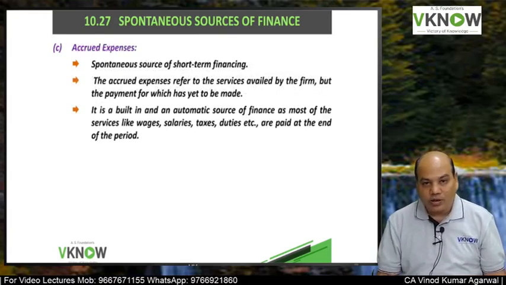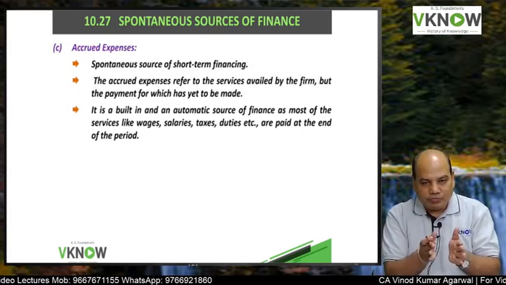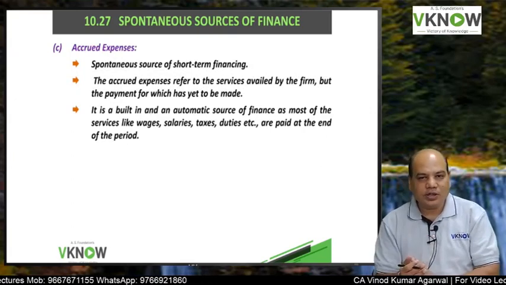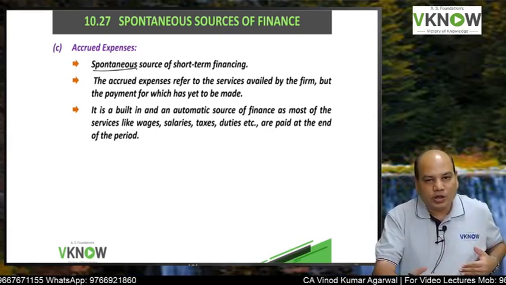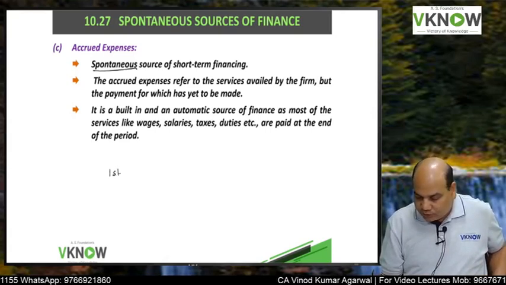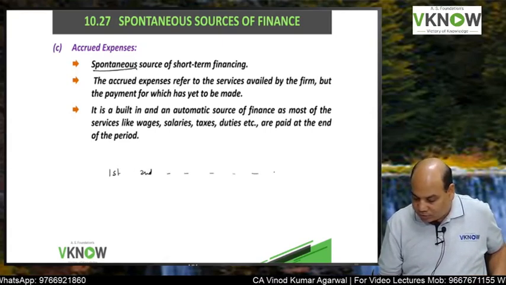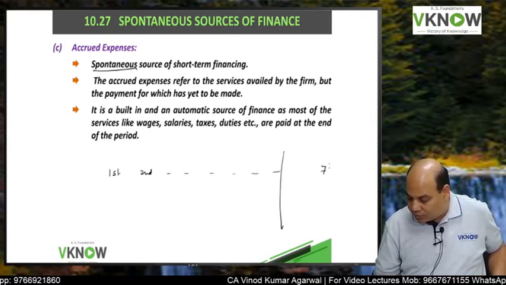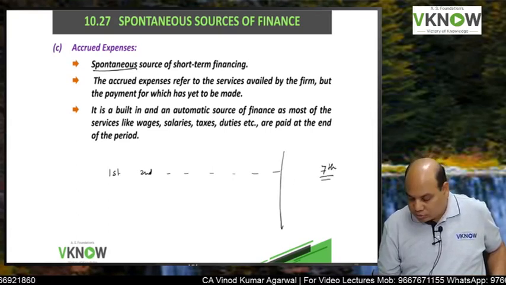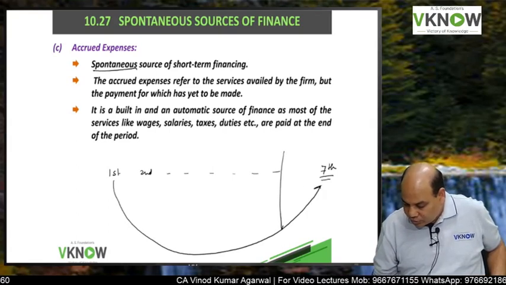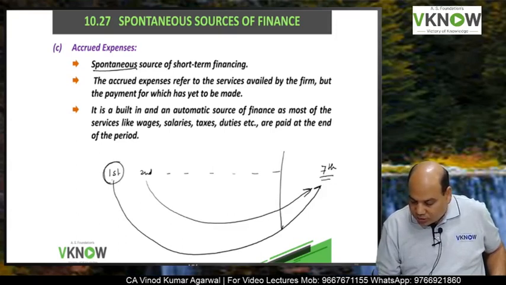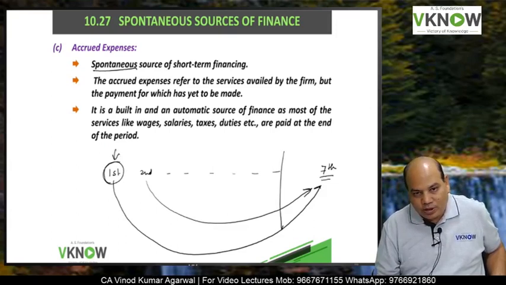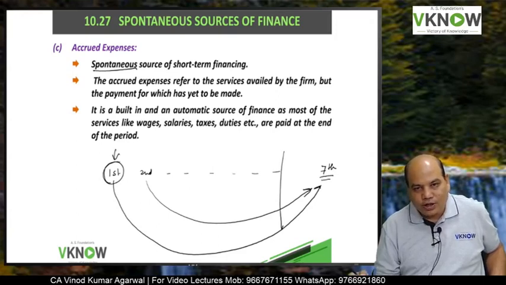Third, very popular in business, is accrued expense, which means expenses are paid after a certain time gap. It is again a spontaneous source of financing. An employee is working in the organization. He works on the first day of the month, second day of the month, and when do you make payment? Next month, 7th. So don't you think this money you are using for so many days? Actually the expense has accrued here, but payment is after so many days, 30 days, 35 days, 36 days. So for that period you are using the